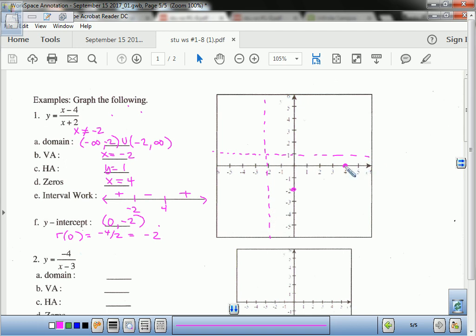Now, we know it's going to ride along this over here, right? Because the horizontal asymptote basically is telling me about the end behavior of this function. It is not going to cross the vertical asymptote. Now, we know it's positive over here, right? And we know that as it approaches negative infinity, it's going to approach that horizontal asymptote. So it's got to be getting closer, and so we know that it's going to be going up